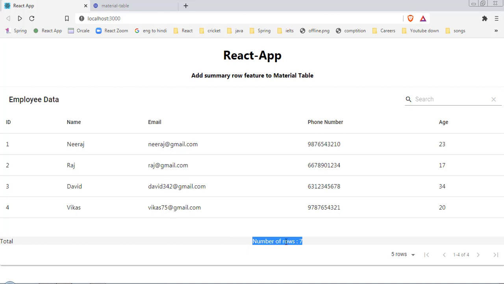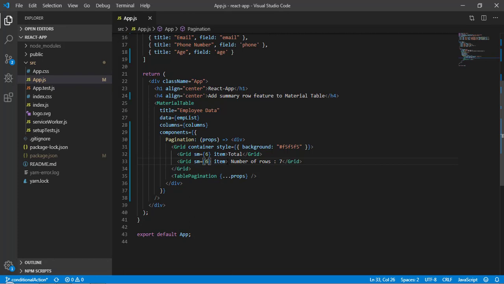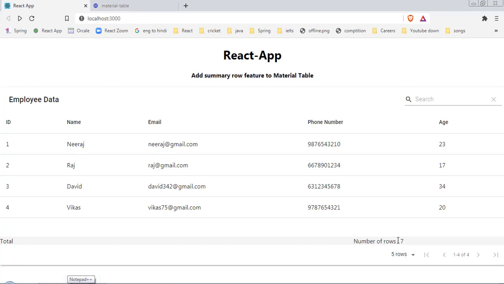Now let's set this one's alignment as center. So here I will call it align and set the property to center. Now it will come a little bit more to the right. I think this is better.